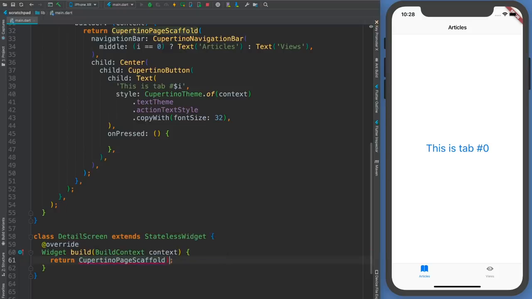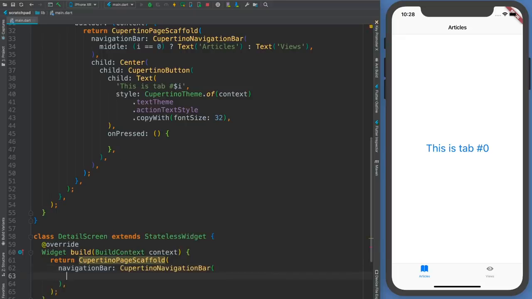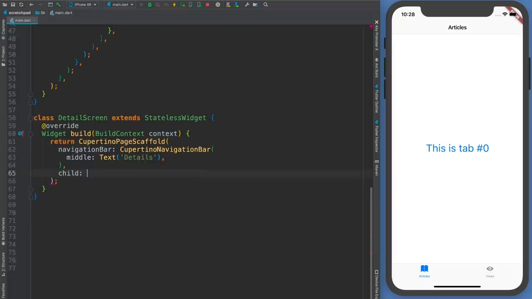And let's see, so this will be a page, so let's put a page scaffold in it. And we can add the navigation bar just like this. And for middle here, we got to give it a title. So we can call it details. Of course, that needs to be a text widget rather than just a straight string. All right. And for the child,